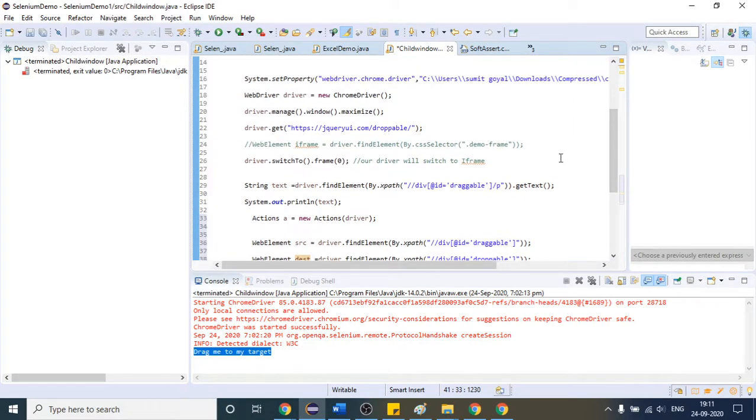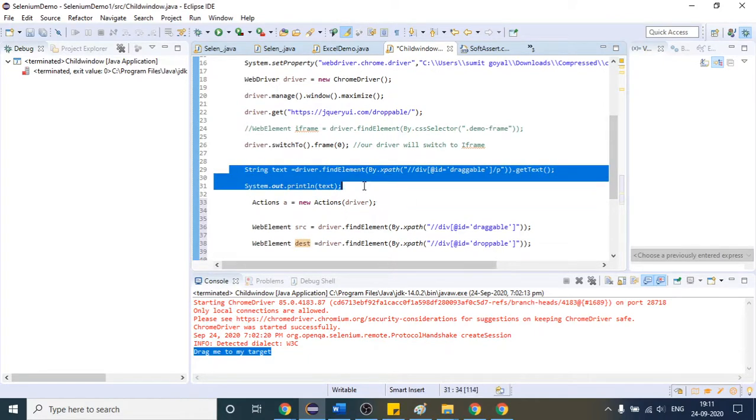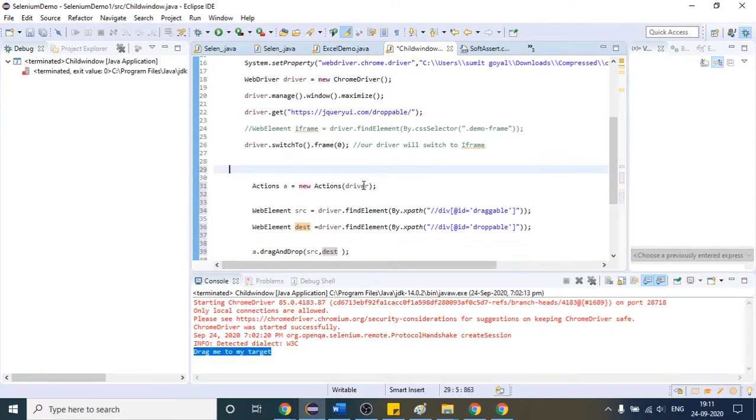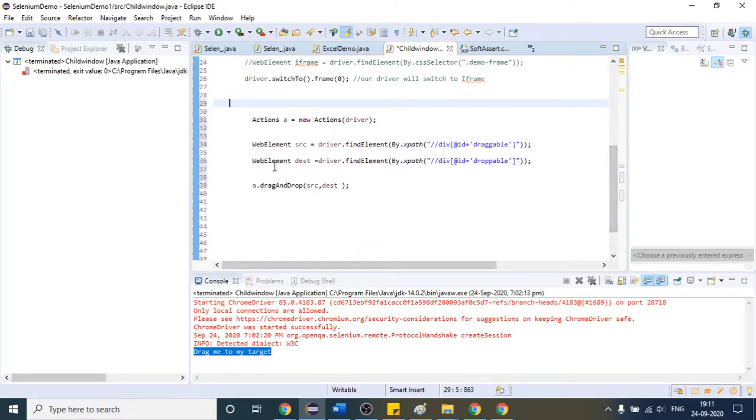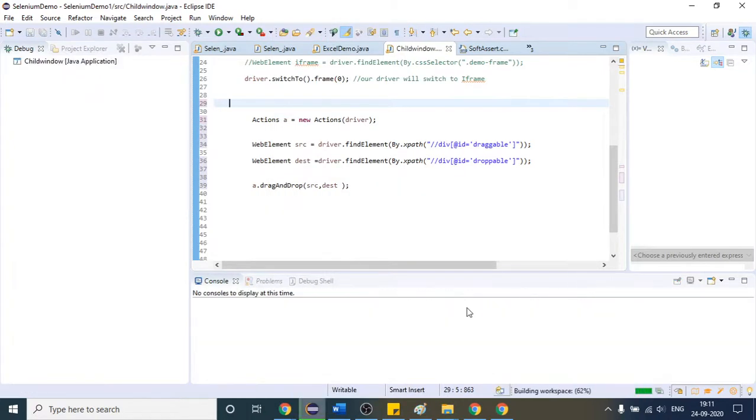Okay, I think it is fine. So we do not require this as of now, because we are not interested in printing the text, so I am removing it. And after that we are using the Actions class, and then let us try to run it, whether it is working correctly or not.